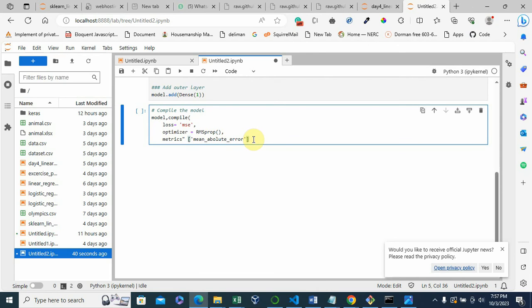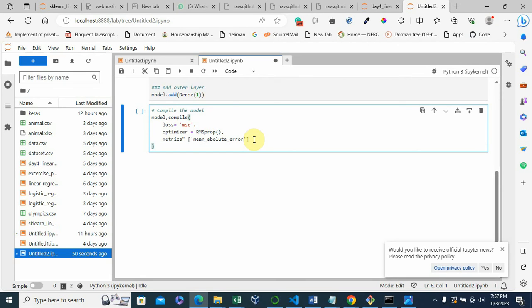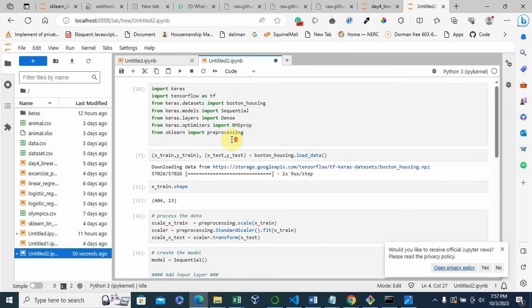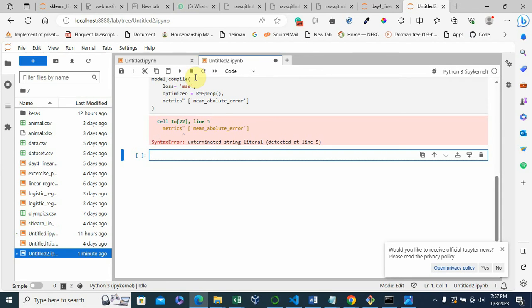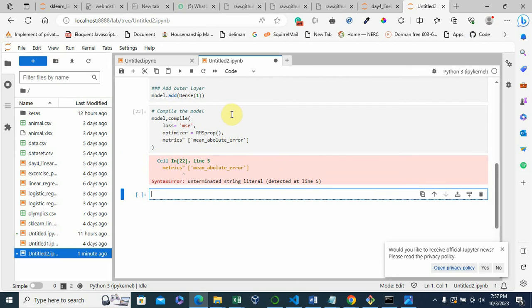You know, so once we have this guy out, I want to arrange it like this. All things being equal, let me run it and ensure that there's no error. Unterminated string literal on line 5.